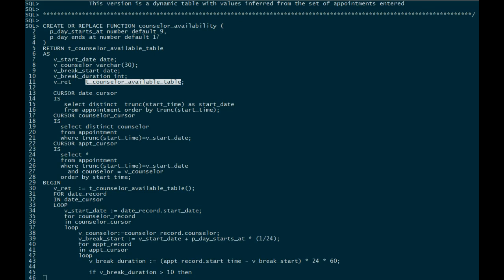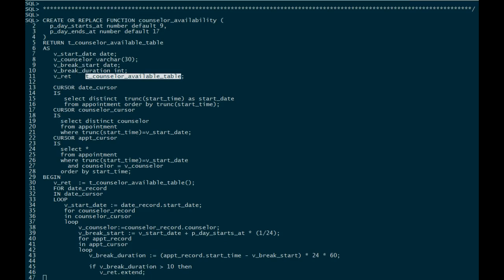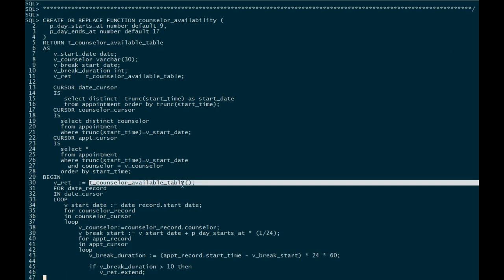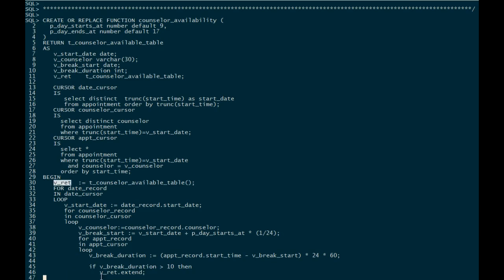So if that variable, vBreak duration, is greater than 10, now we're going to go ahead and extend our table that we're returning. So we define that here, that's vret. We're going to extend that, put a slot to be able to hold a record. And now we're going to drop a record into that particular blank row. So our vret variable at the location that we just created, we're now ready to plug in that same